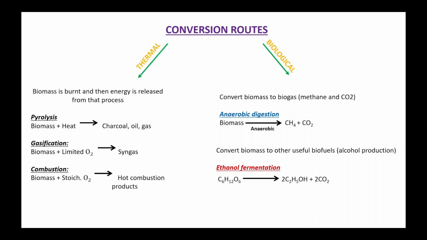If the digestion process uses oxygen, then it is called aerobic digestion. That is what happens in humans. The food that we eat gets digested, and that is what is produced in the form of energy. So in our case, more often it's aerobic digestion, but here the biomass is getting converted. This particular process happens in the absence of oxygen, called anaerobic digestion.